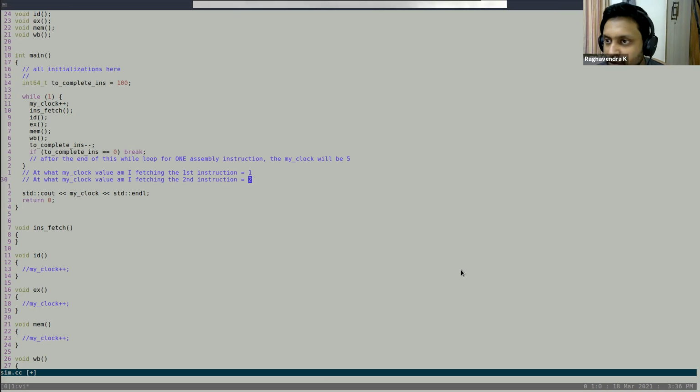Let's say you know the value of R1 and R2, but you don't know the value of R3, but R3 is dependent on R1 plus R2. So you have to do R1 plus R2, which means that you have to simulate what the ALU is doing. What is the ALU doing? ALU is doing R1 plus R2. So can you do it without simulating? Can I figure out the value of R3 before adding R1 plus R2? No, sir.